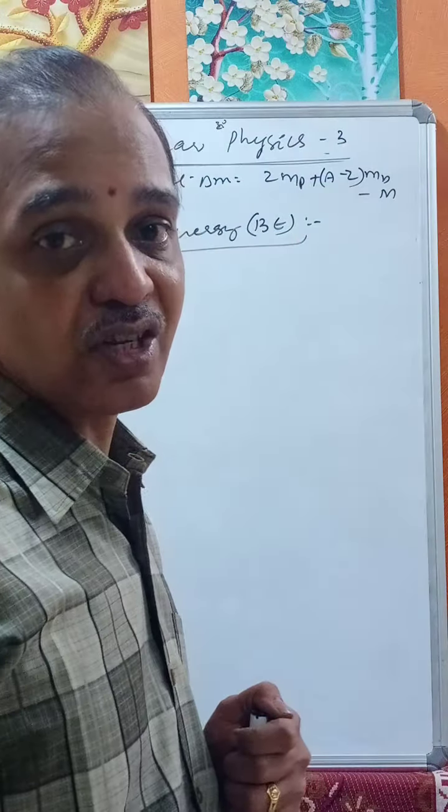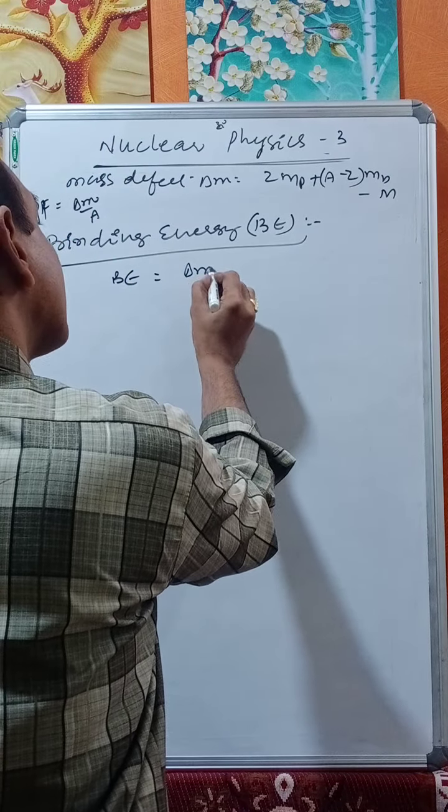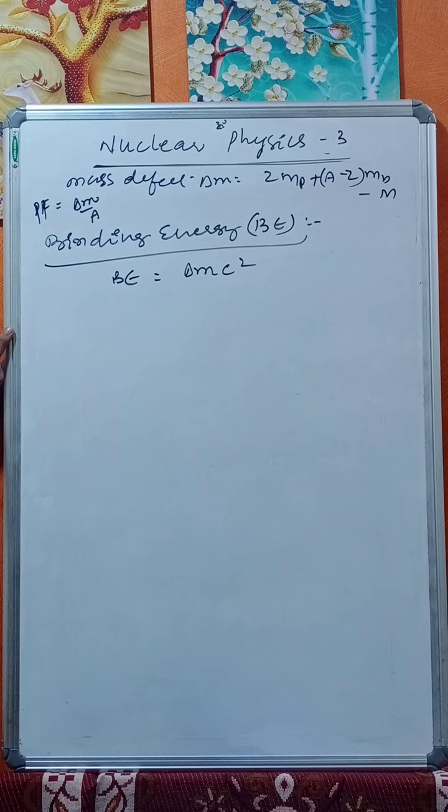We have discussed that the mass of the protons and neutrons is greater than the mass of the nucleus. The difference in energy is converted into binding energy, so binding energy arises from mass defect. It is the energy required to break the nucleus into nucleons or combine the nucleons to form a nucleus. Therefore, that energy difference is converted into binding energy, that is, delta m into c square. Binding energy is equal to mass defect delta m into c square.